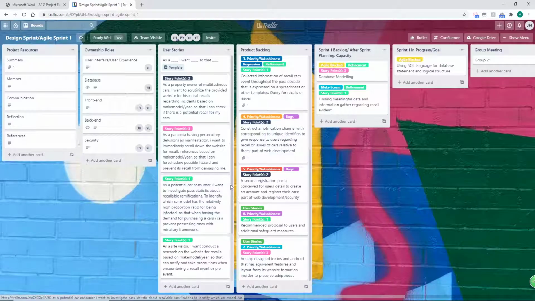The next one has story point 1, which is the easiest effort. As a potential car consumer, I want to investigate past statistics about recalls to identify which car model has a relatively high proportion of being affected, so that when I have the demand for purchasing a car, I can prevent possessing one with